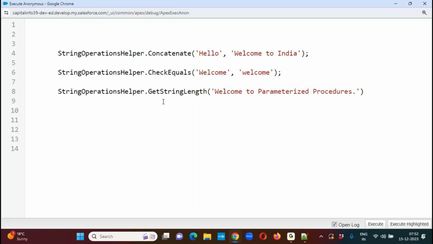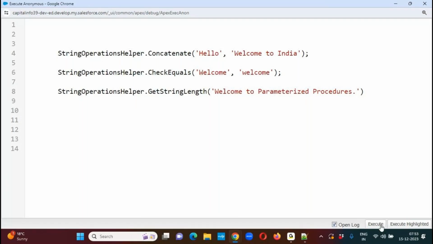Now, instead of invoking the methods by creating the object of the class, we can invoke them by using class name dot method name also. That facility is available. So if you want to access the method directly without creating the object, then we should create that method as a static method. Static methods don't require any object creation. Directly we can access them with the help of class name dot member name. Okay, understood the concept here? Now